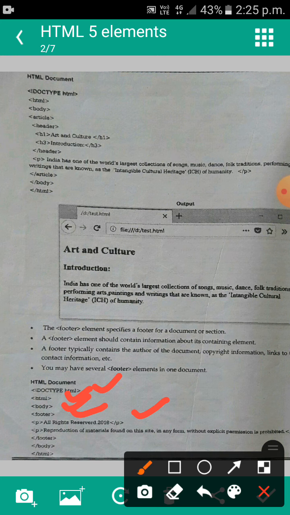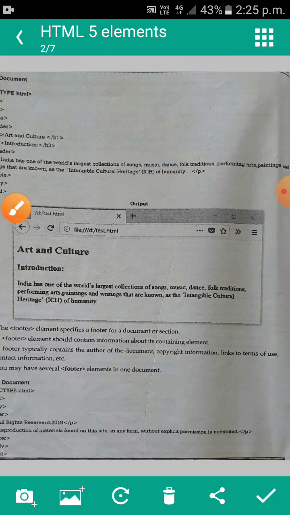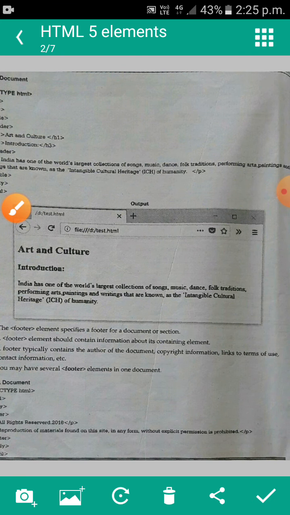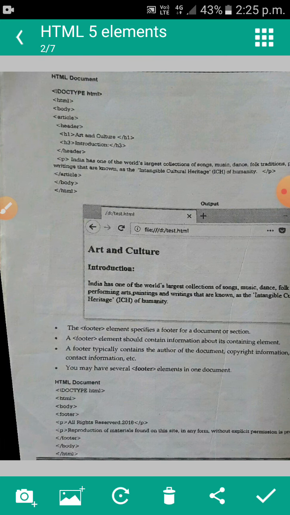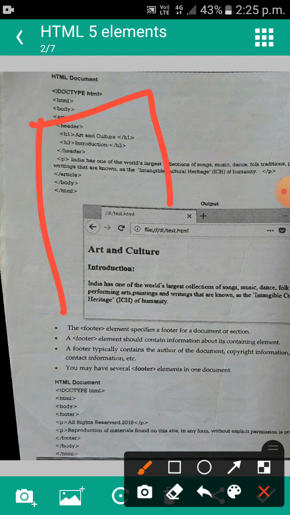Here we are displaying the copyright information, that is all rights reserved 2018, reproduction of materials found on this site in any form without explicit permission is prohibited. This is the footer. Same like in our Word document, where we display the header information and the footer information, we can display information in web pages also.